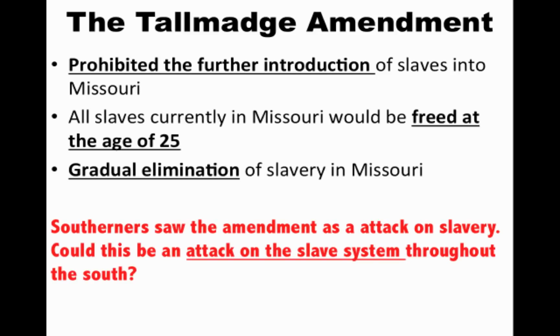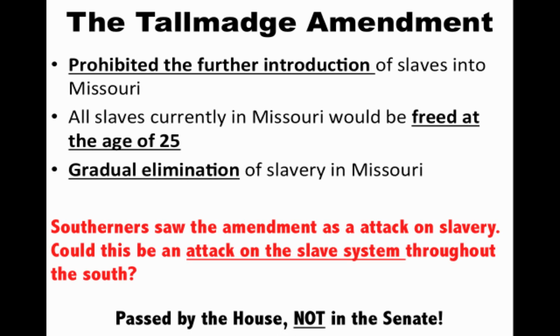The South sees this as an attack on slavery, and not just an attack on slavery in Missouri. What if this is the start of them attacking slavery all over the South? If the North is going to try to gradually eliminate slavery in Missouri, where does it stop? And you have this real tension, and the Tallmadge Amendment is